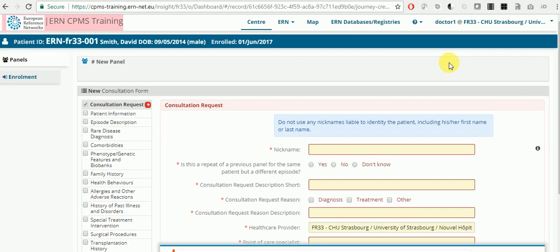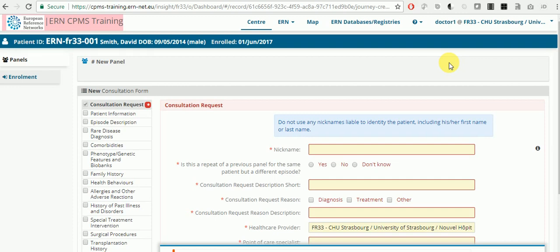However, further in the customization phase of the CPMS, an extended dataset will be developed based on individual needs of each ERN. It's highly expected that each ERN will have a unique dataset to collect for some condition or specific disease areas. But what we are introducing today in the CPMS is a very generic form that can cater for all the needs of ERNs, and later on we advise and request you to send any customization request to DigiSante